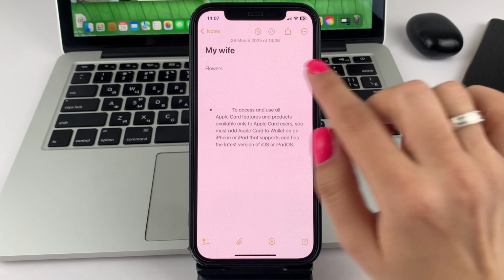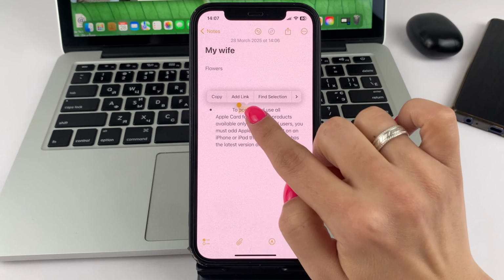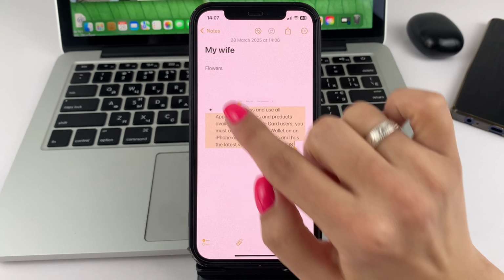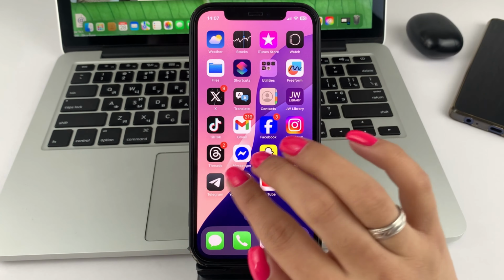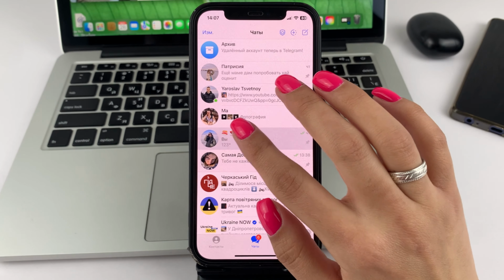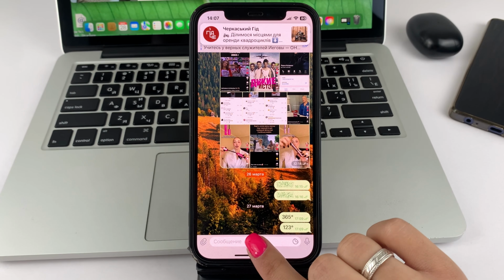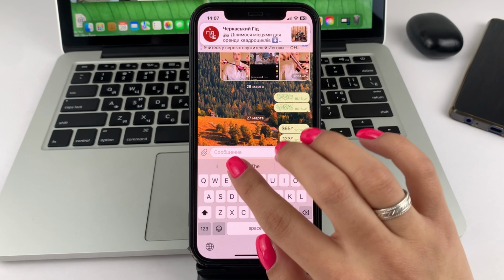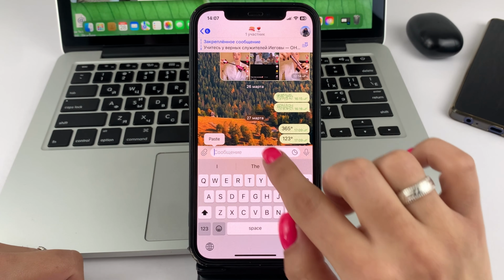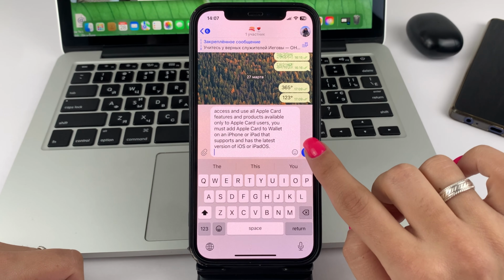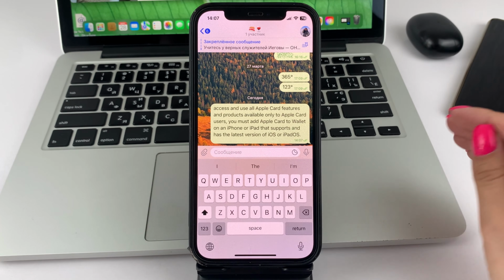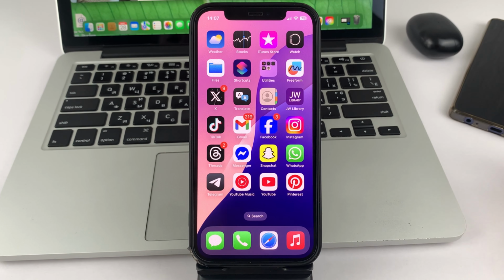To do this, you will need to press and hold on a certain text, and then select a part of it, and then just click copy. After that, go to any messenger, social network, notes, and so on, where you would like to insert such text. Then click on the line for the message or just on the line in the notes. And now click Insert. After that, just send that text. And as you can see, it will be sent. That's basically what the clipboard is in iPhones.